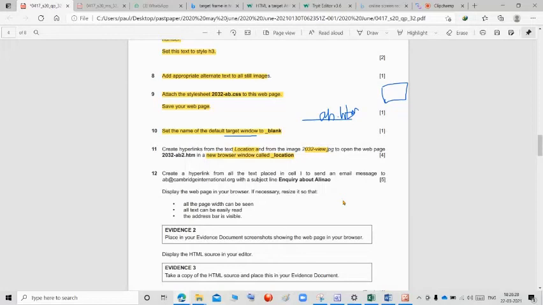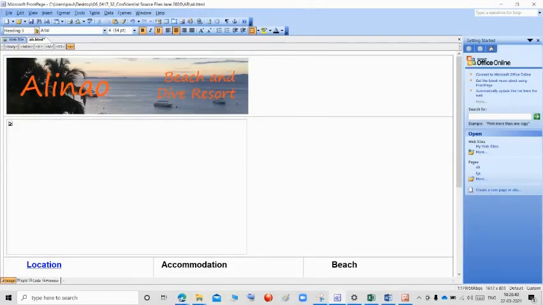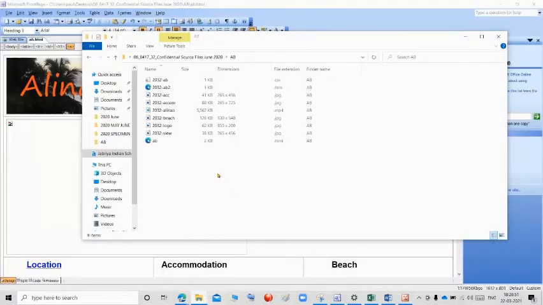Next, display the web page in your browser. If necessary, resize it so that all the page can be seen, all the text can be easily read, and the address bar is visible. So we are going to save this. After that, we go to our folder, click AB.